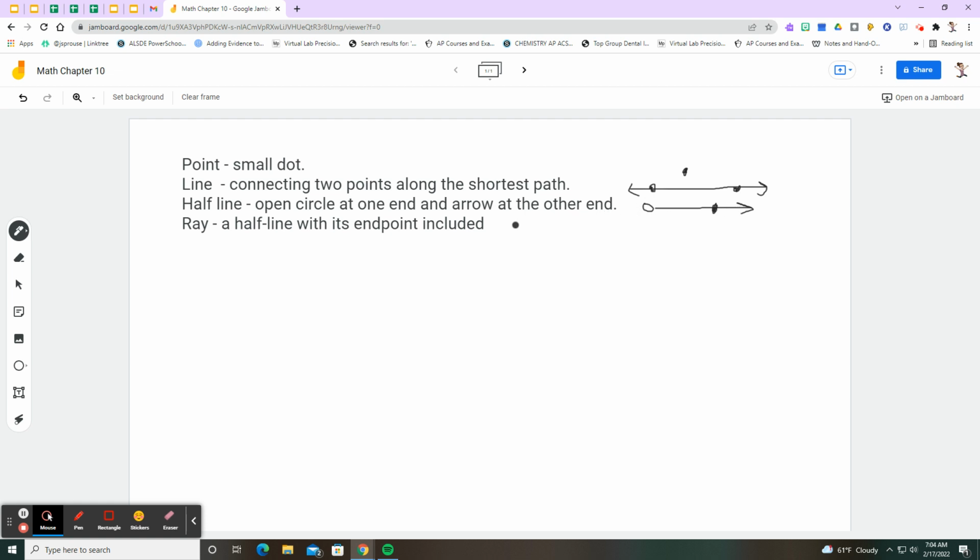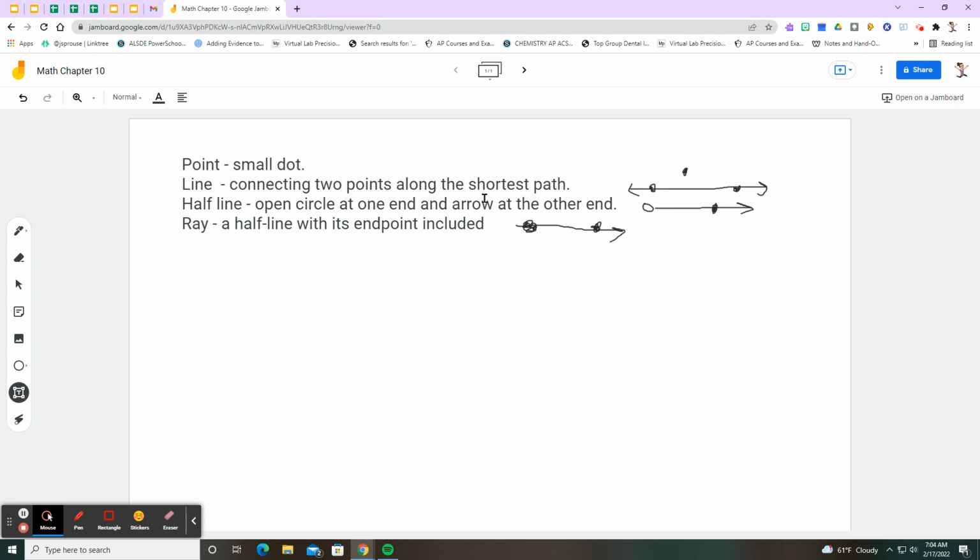Whereas in a ray, you have a point and you have another point, and you're going to connect them together. But your arrow is only going to be on one end. Okay, so notice the difference between a ray and a line. A line has the 2 arrows on either end, the double arrows, but a ray only has 1. Okay,